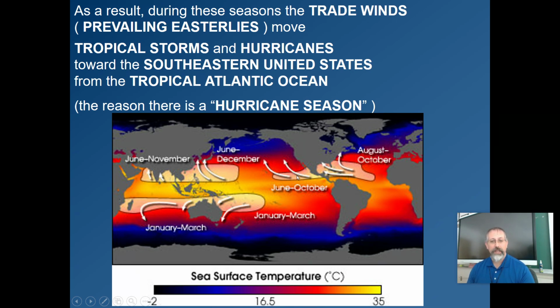You do have them in the Pacific as well. It says December to June, so they can get them a little sooner. The Pacific is a bigger ocean, more heat available over here, so similar seasons. In the southern hemisphere, the hurricane season is switched, so when we're not getting hurricanes, they typically are, with not much overlap. That's the reason we have hurricane season.